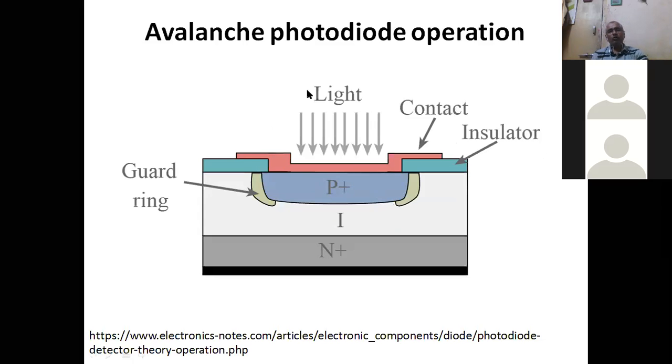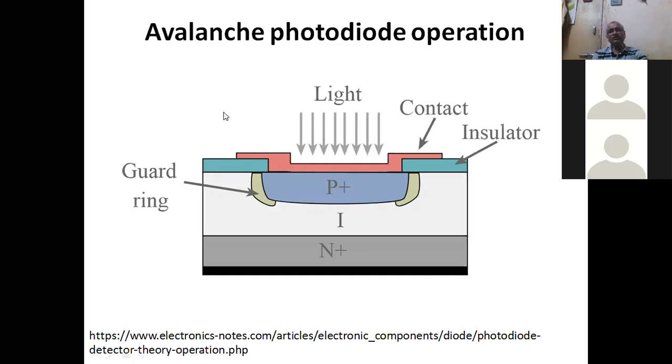The other module or the construction of this photodiode is the avalanche photodiode. So this is the construction of avalanche photodiode. So it is again the same, but here this P-type material is protected by some kind of material, and that is called as the guard ring. So other things are similar. The intrinsic semiconductor is sandwiched between P-type semiconductor and N-type semiconductor, and some guard rings are provided to increase the width of the depletion layer.